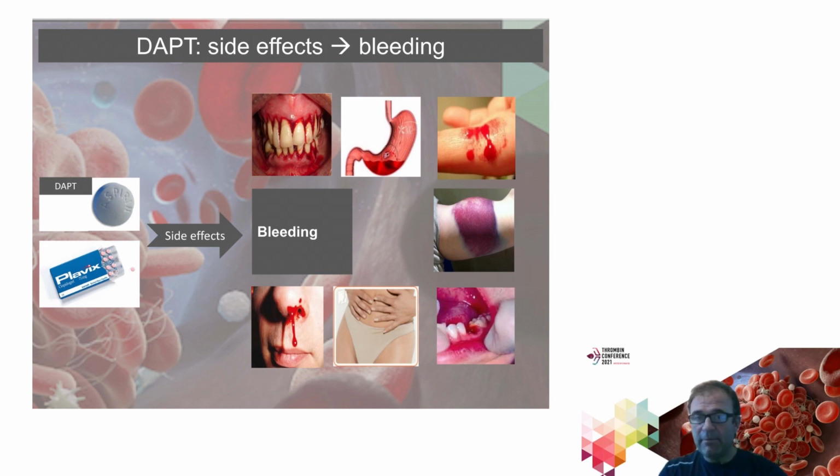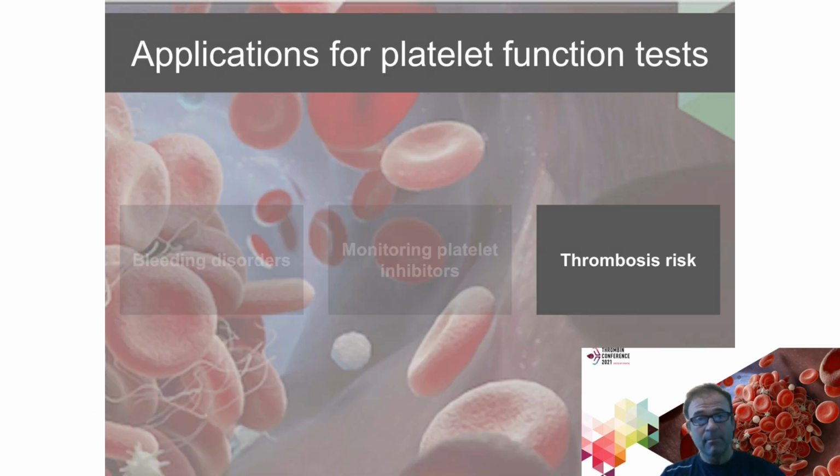the dual antiplatelet therapy. For flow cytometry, the best way to monitor, for example, P2Y12 inhibitors is the FASP test, which is extremely reliable. But the disadvantage of all those tests is that they require skilled technicians, and this is especially a problem in treatment centers which don't have a specialized lab. So although it seems simple, monitoring dual antiplatelet therapy turns out to be complicated in practice.